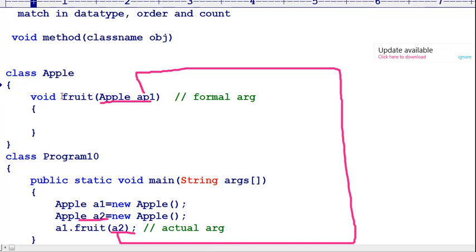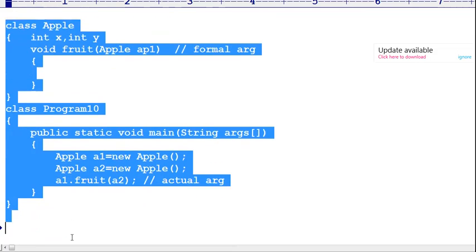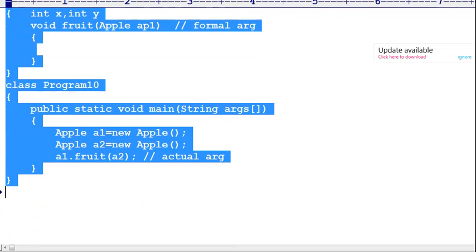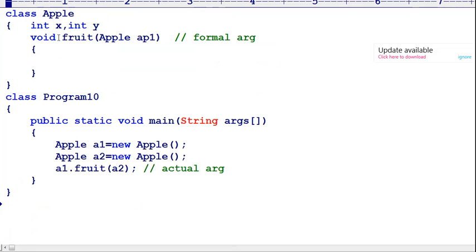So let us go for it here. I am taking int x comma int y. Let us go for the implementation. I can choose the program, other file, program 10 is the new file. Now here int x comma int y are the two members.